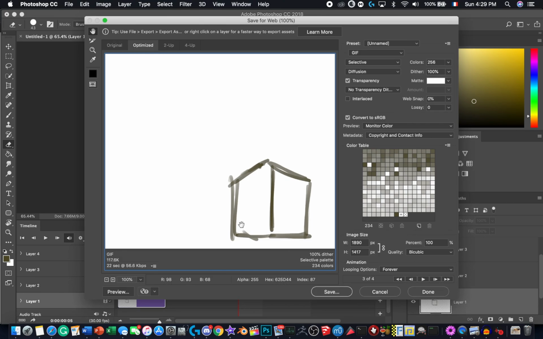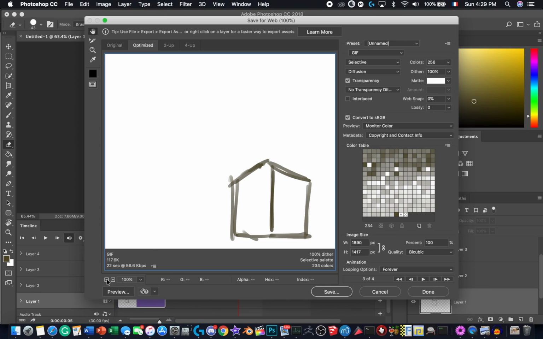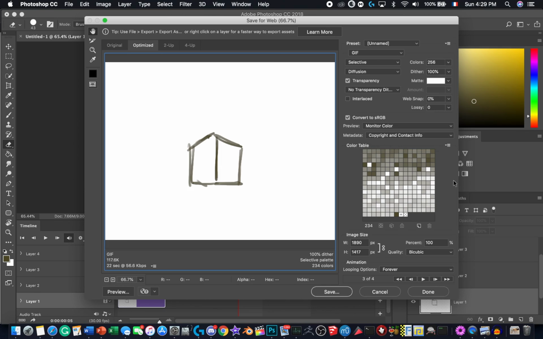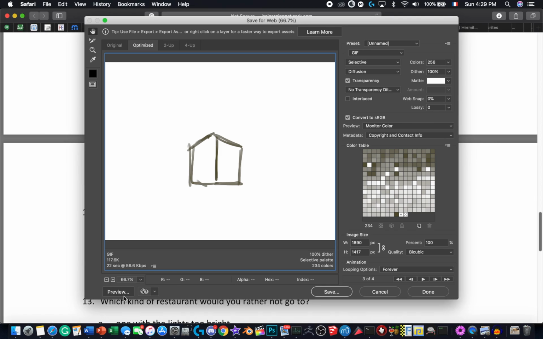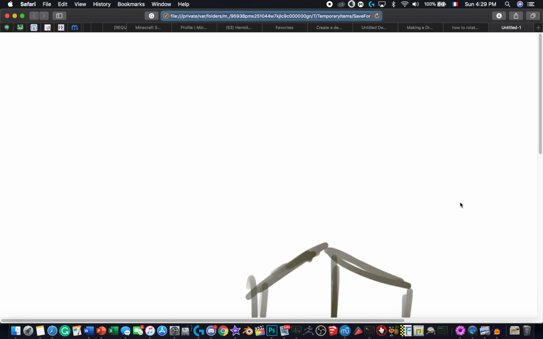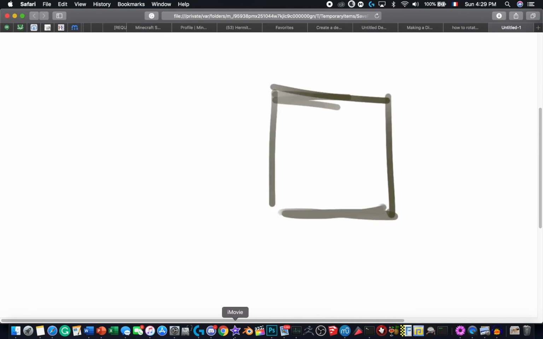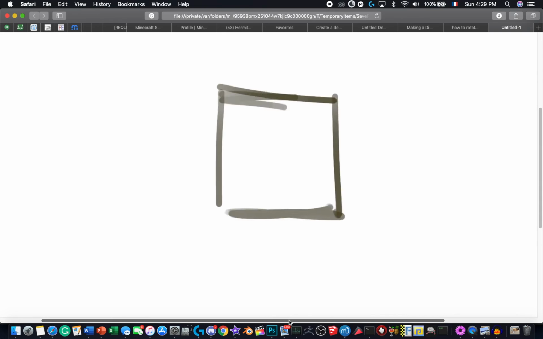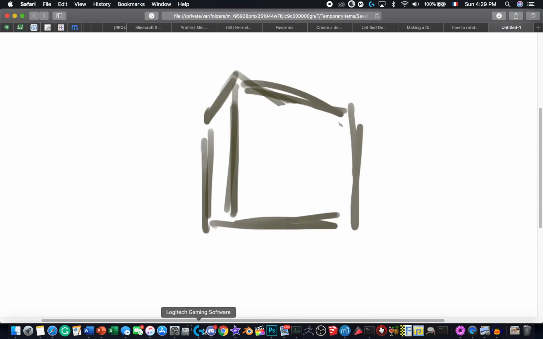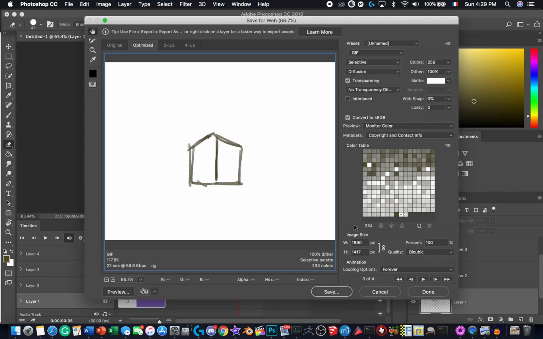So pretty much what you see, you reach this section right here. Make sure you have GIF selected, and then let's zoom out a little. If you really want to preview it, you can click the preview button down here, and it'll bring you up to a web page. Now let's just adjust. There we go. As you can see, it's a little rough, but it works. Let's go back and